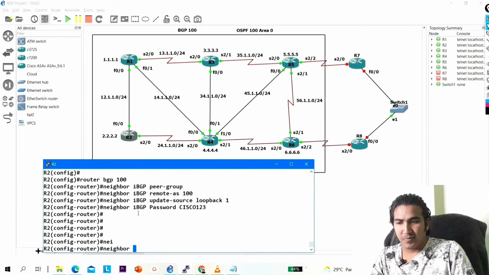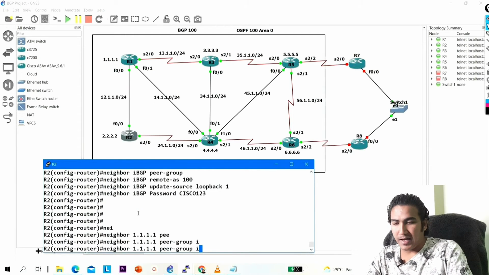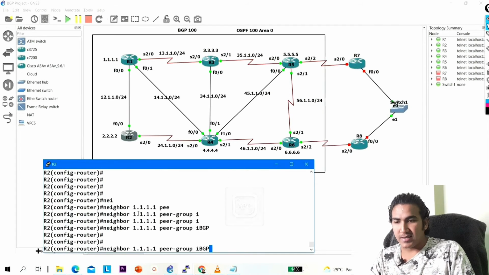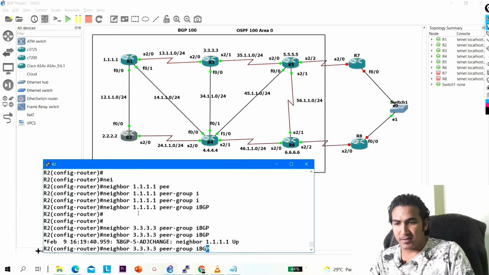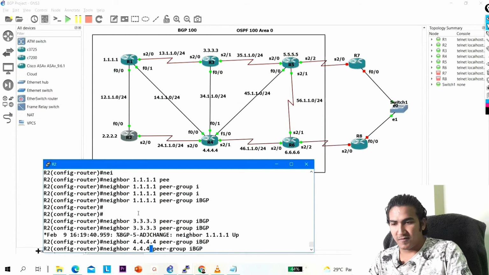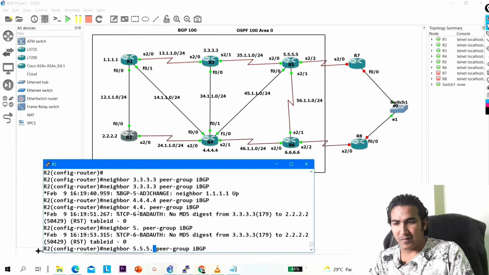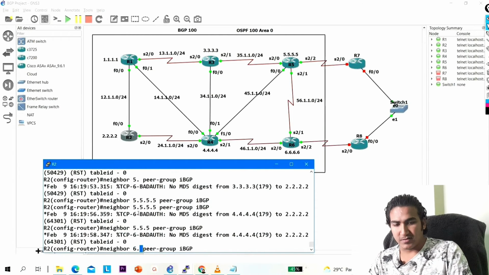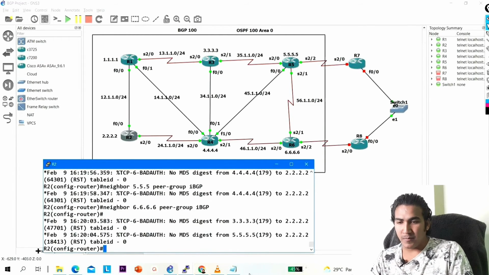Now neighbor is 1.1.1.1 and peer group IBGP. Okay, in the same way neighbor is 1.1.1.1 and 3.3.3.3 and 4.4.4.4 and 5.5.5.5 and 6.6.6.6. Okay, in the same way on R1